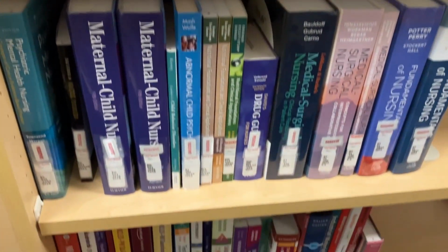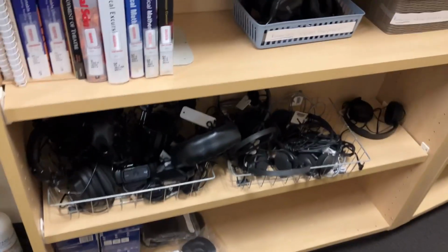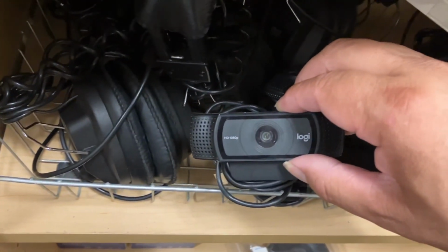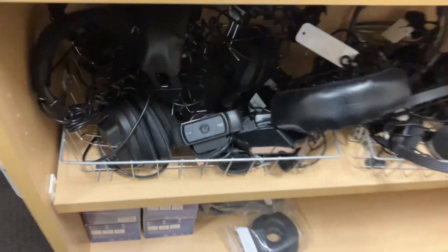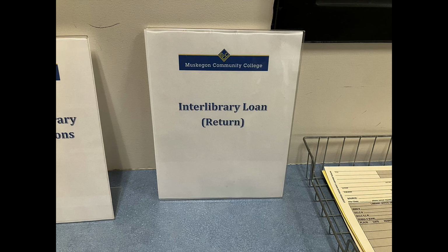These are all the nursing books, medical books, study exam books. We also have headsets. We also have webcams. You can check those out if you need them. And we also offer interlibrary loan. If we don't have something, we can get it for you. And there's a form online for that, and we can get it from any library